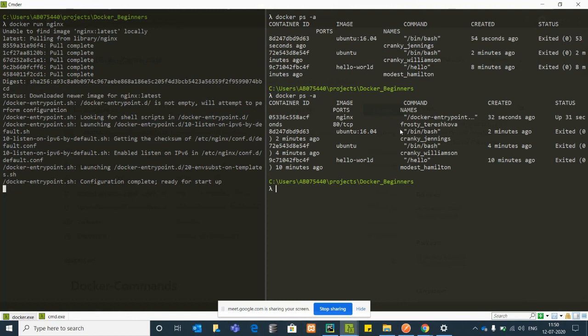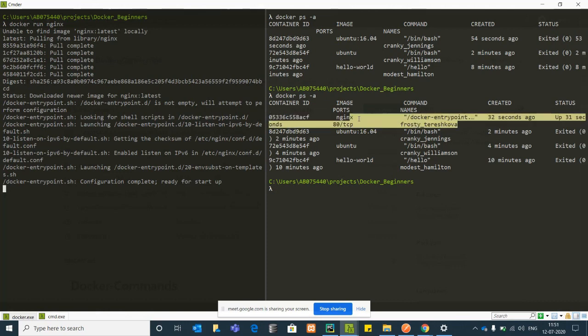Okay. Now if I show you the nginx container, I issued the command docker ps -a that will show me the exited containers as well as your running containers. So you can see over here nginx is running.